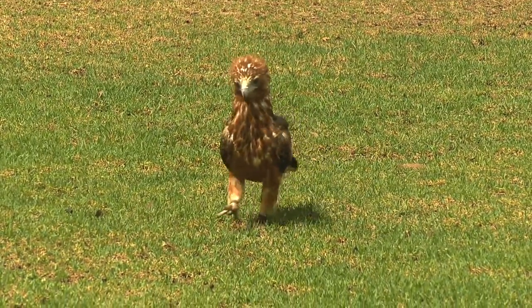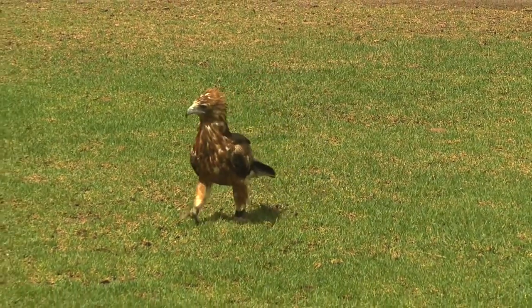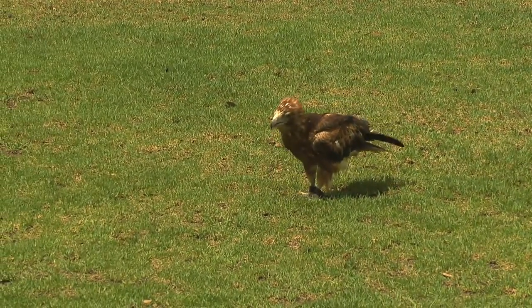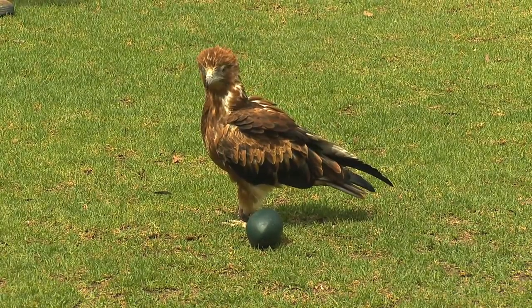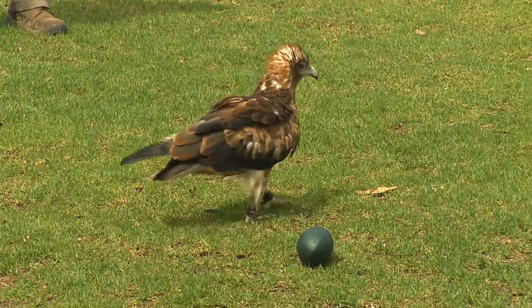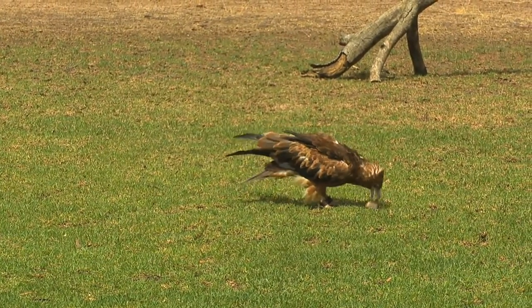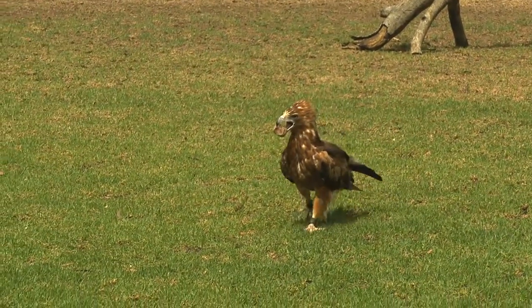Very rare to see them on the side of the road eating dead animals like you do the wedge-tails and the kites. They actively hunt and catch their own prey. And buzzards love eggs, so you reckon they'd be pretty happy if they found a big egg like this. An emu egg is a wonderful meal for a black-breasted buzzard. Slim's going to show you something interesting, you see, because buzzards can't break an emu egg with their beak or their feet. So you've got to wonder,